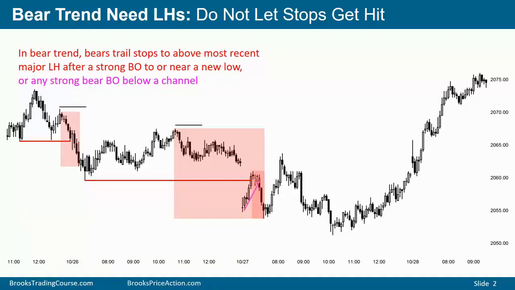We have a breakout below a bull channel, a bear flag, strong breakout. Therefore, this is a major lower high. We have another strong breakout here. At this point, after a little bit of follow through, even though it's not at a new low, a lot of traders would consider this pretty major. And if the market rallied above it, they would get out, but sell again on a reversal down. This is clearly major, certainly by this point.